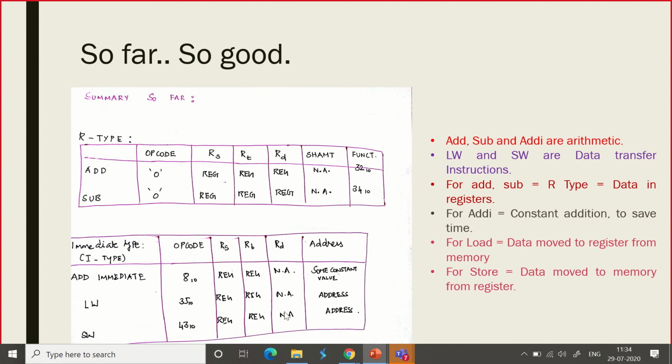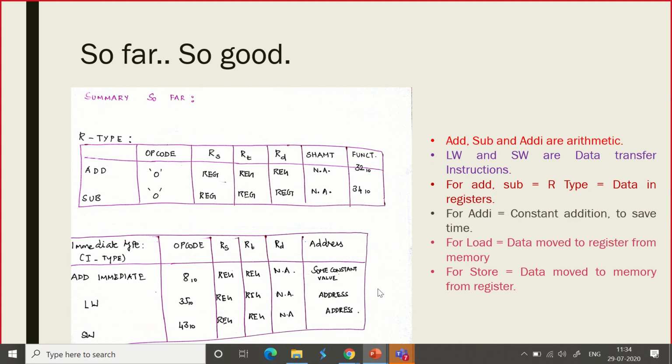To answer the question of somebody who asked me some time back, RD is not at all used, but why do we need that there? To get the uniformity, see, even if it is not used, I need to put as not applicable here. So for getting the uniformity in terms of understanding and presentation, they followed this.